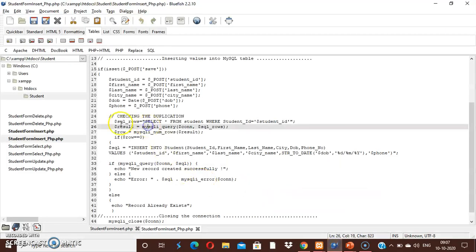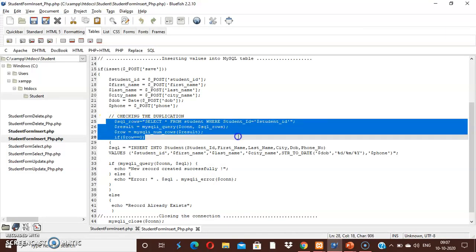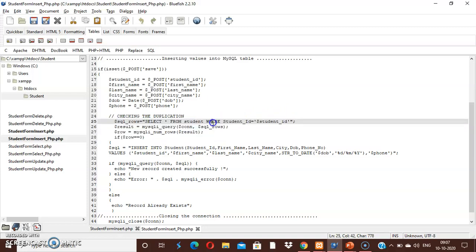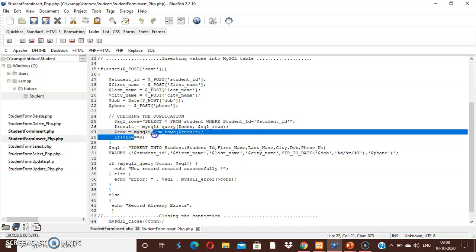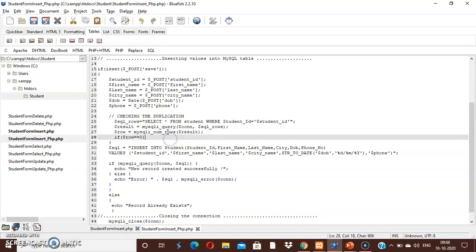I will show you the code for this. For checking the duplication, this is the code. For this, I have retrieved all the values from the student table with the student ID 1001 and check the number of rows retrieved. For that, I am using the function mysqli_num_rows. This function returns the number of rows with the specified query.